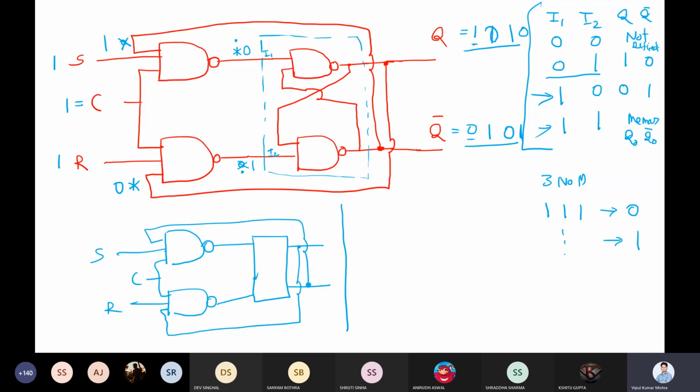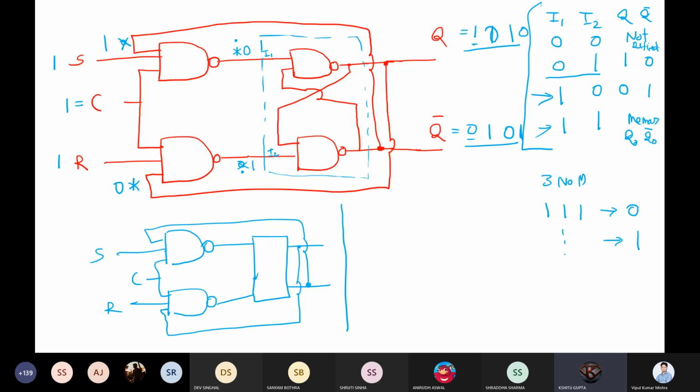What is the behavior here? Is your output value changing 0 to 1, 1 to 0, 0 to 1, 1 to 0? Even though we have not modified the S value, R value and clock value, that remains the same. But your output value is changing because your Q and Q bar are changing.